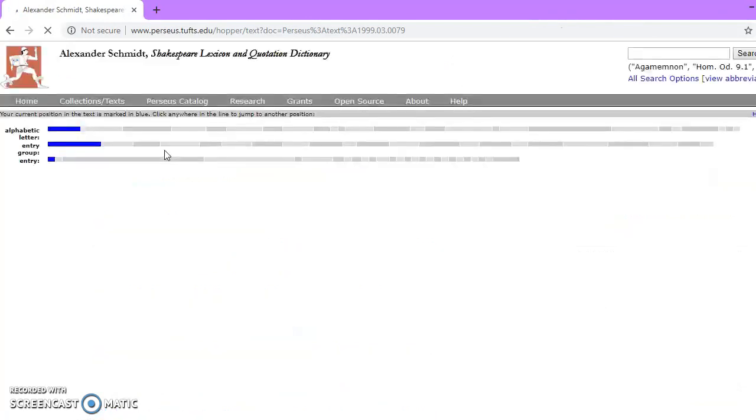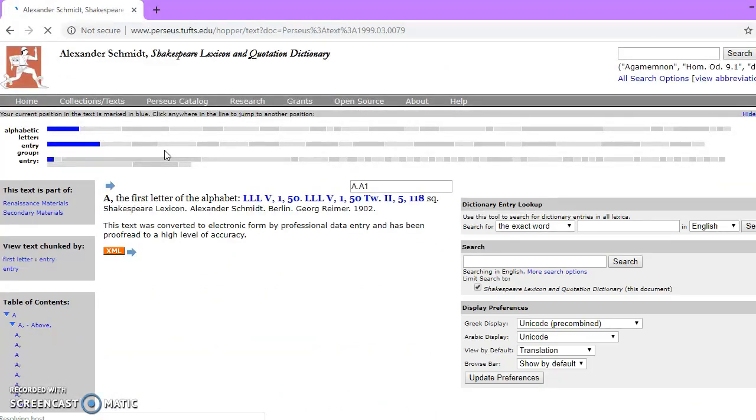Now, like I said, you can get this in a hard copy, which is great. It comes in 3 volumes, though, so it is a little spendy. It is all the words of Shakespeare in a dictionary. That's why this is such a cool website to have the Alexander Schmidt lexicon online for free for anybody to use. It's such a great tool, especially if you're just starting and learning Shakespeare and you don't know if you want to purchase the physical lexicon. It's super great to use. With that being said, it's a little confusing.